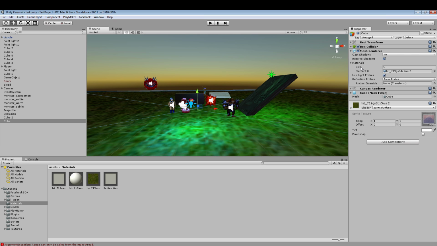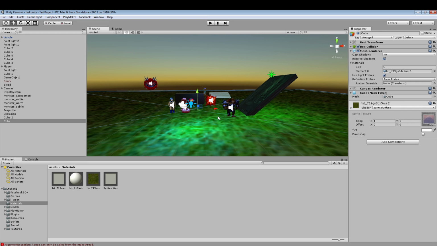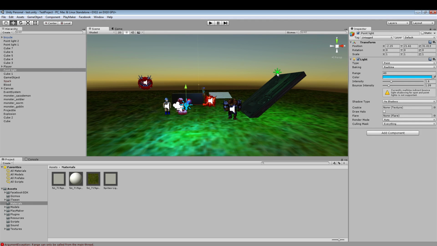under the mesh renderer, under the materials. I just added the texture, and then same thing here. I just added some textures, and I also added some different lights, different color lights, just to test things out. Before, when I was drawing the sprites, I was using the sprites default material, and that doesn't react to